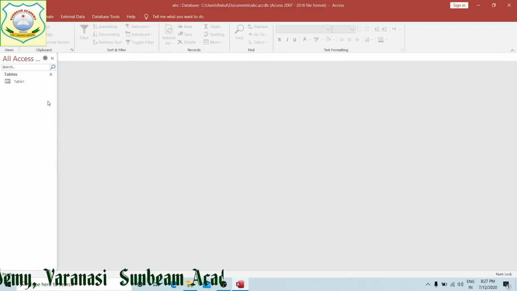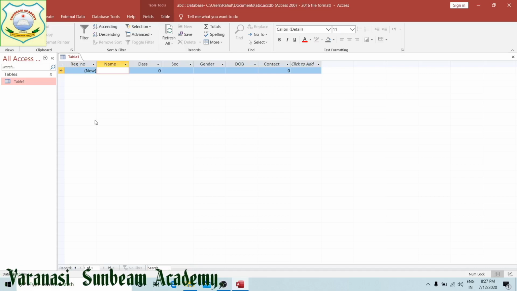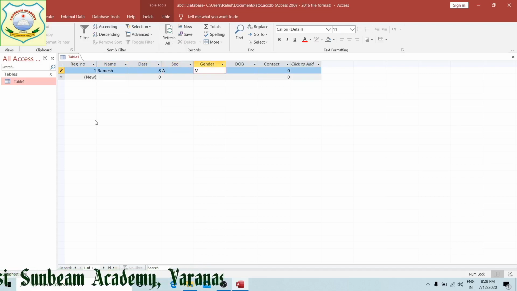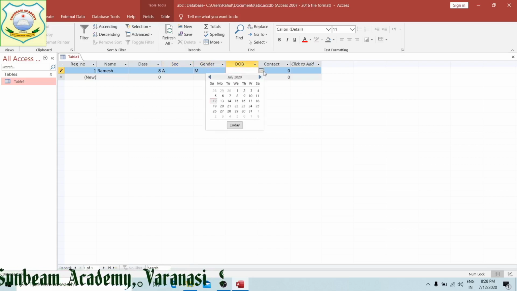After saving the file, now if I see the registration number, it will come automatically. Name I have given Ramesh, class 8, section A, gender male, date of birth it should be an earlier one.